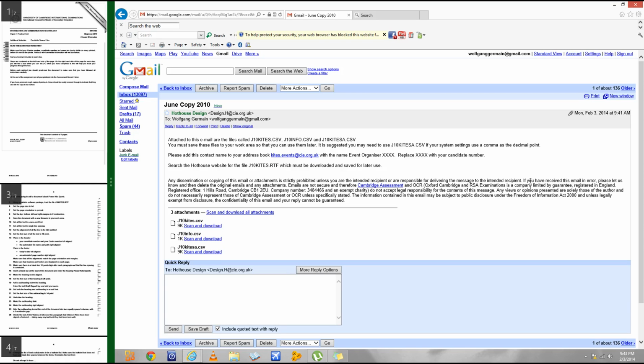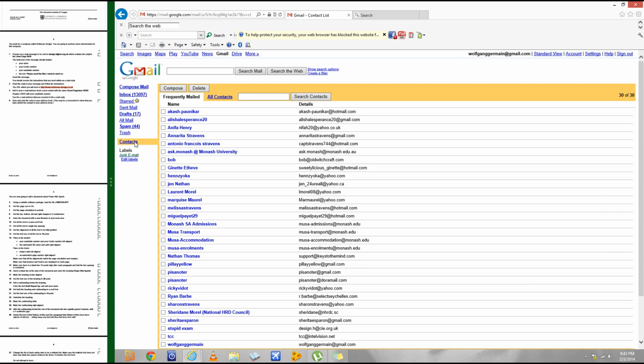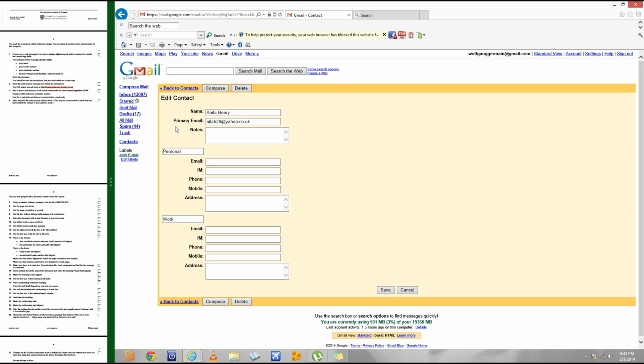Alright, so the good thing about Gmail is once you communicate with another email user, it automatically saves the email. Like if I take, for example, Anifa Henry here. Okay, I've interacted with her before. She's one of my teachers at South. So you have her primary email, and then you have the name. So if I want to change that, I could easily change it to event